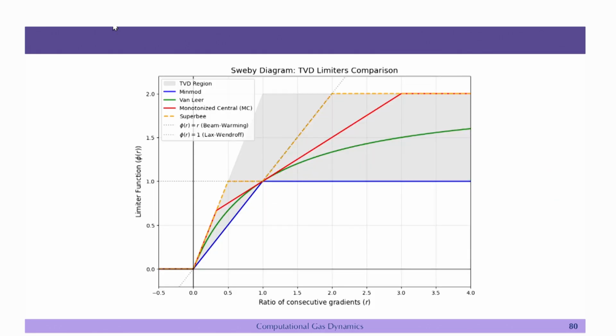slopes look like. Okay. So, this we have already seen, this is the Lax-Wendroff line and this is the Beam-Warming line. Okay. This is phi(r) equal to r and this is phi(r) equal to 1, right. And here we have r, we have phi(r), and if you look at the minmod, basically it picks up the minimum one. Okay. So, this is the blue line that we have, this is 0 here, everywhere r less than 0, all these limiters have r less than 0, wherever you have a peak or a valley, it goes to the first order. Okay. But whenever you have this r value greater than 0, then the behavior of limiters is